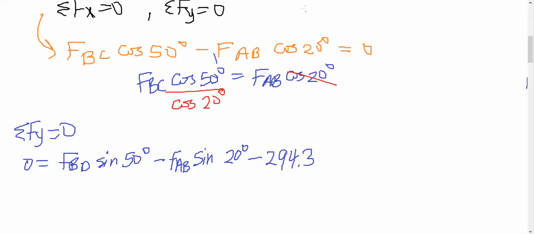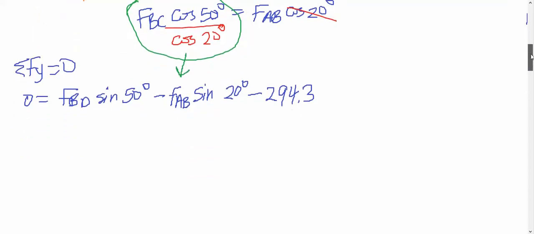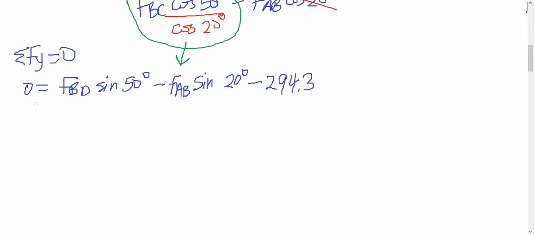So now we can simply plug in our FAB into the second equation right here. So now we have 0 equals FBC sine 50 degrees minus